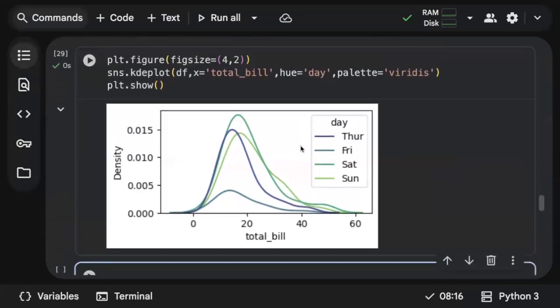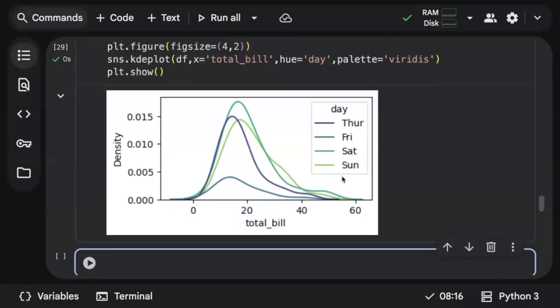Compared to your histogram, based on a curve, you can decide which is normal, which is right skewed, which is left skewed. In this case, maximum everything has the tail more towards your right side, you can see, right? So that means it's right skewed. So this is all about the histogram and the KDE plot, which basically helps you in understanding the distribution of a numerical column, and also you can see the same distribution with respect to different categories as well. Such beautiful interesting graphs you get from Seaborn.